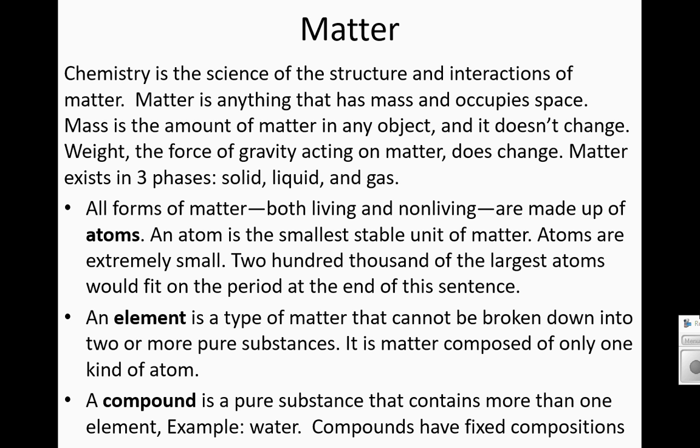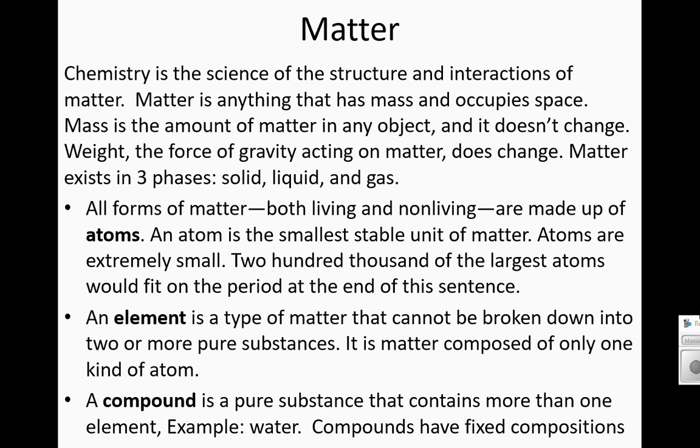The periodic table is more specifically known as the periodic table of elements. Each of the little boxes of a periodic table will have various information about those elements and how one atom of that element is structured. Okay. Compounds are pure substances that contain more than one element, like water,